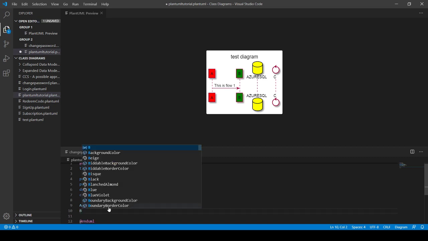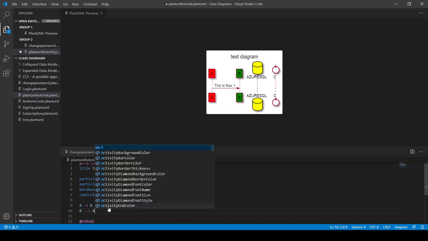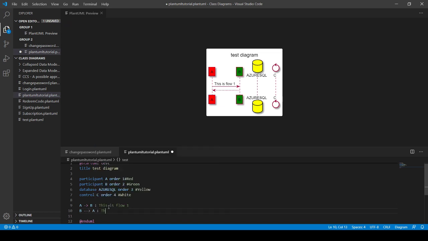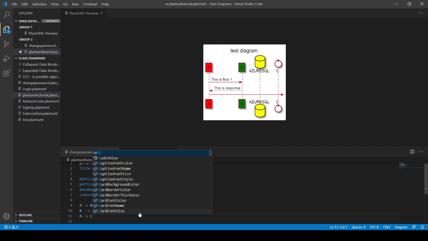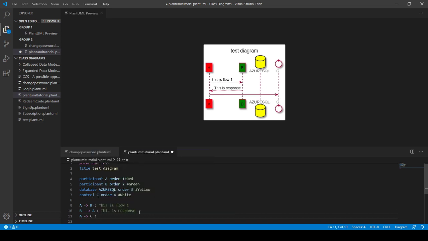Likewise, I can say B to A, and this is response. If I write a double hyphen before the greater-than sign, then it converts it to a dotted arrow. Then the same thing I can write A to C, so it will draw the same arrow, request.